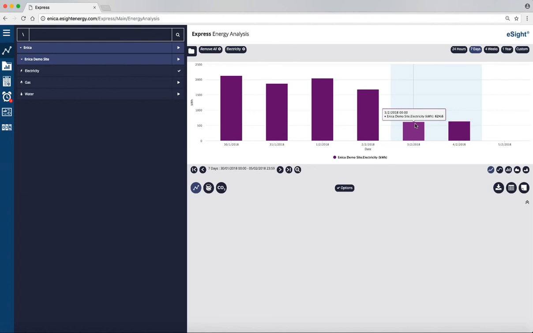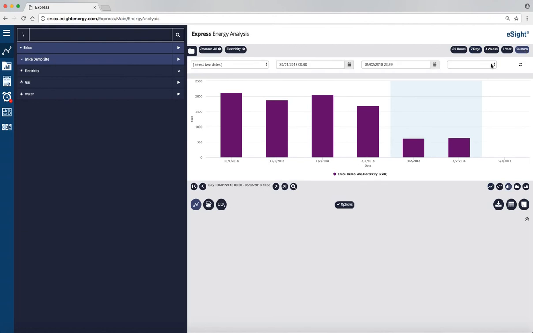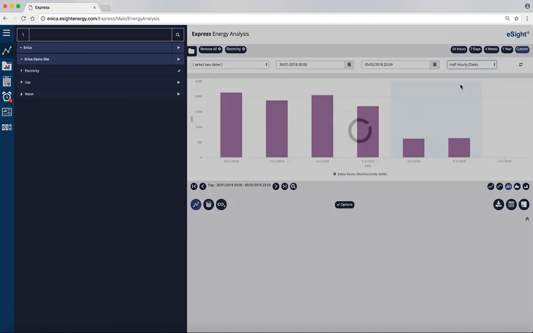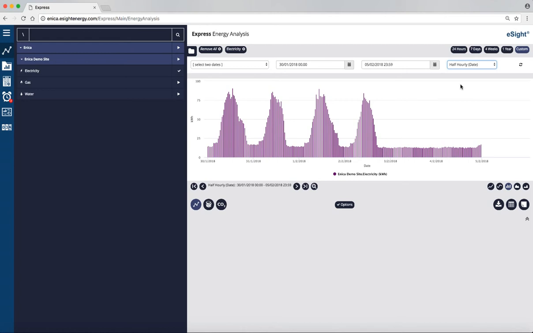Now most of our systems will actually have half hourly values. So to move that into half hourly values, click on the custom button, and the drop down here gives you lots of different intervals. So we're going to say half hourly date. Half hourly DOM is the day of the month, or half hourly DOW, day of week. So this is just axis labeling in effect. So we just click half hourly and date. Now we have half hourly data for the last 7 days,